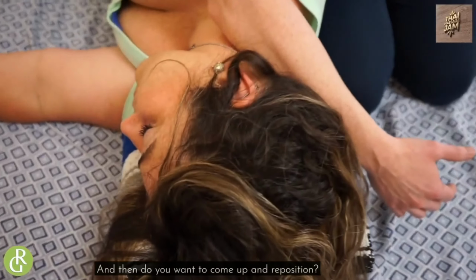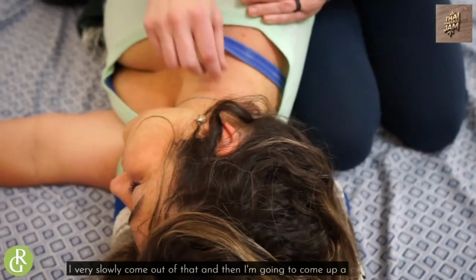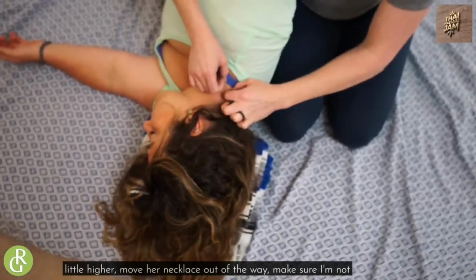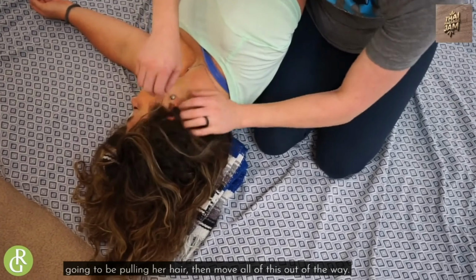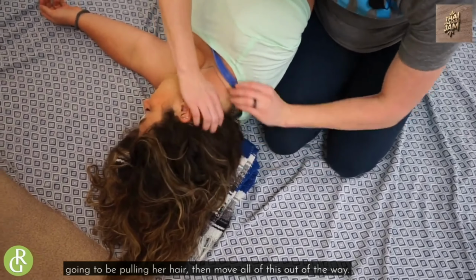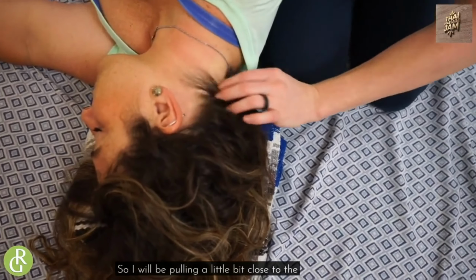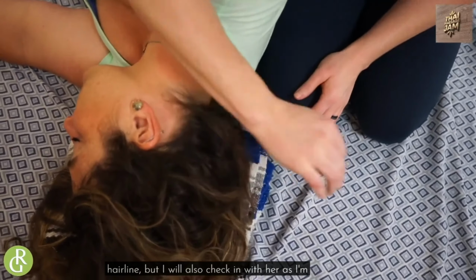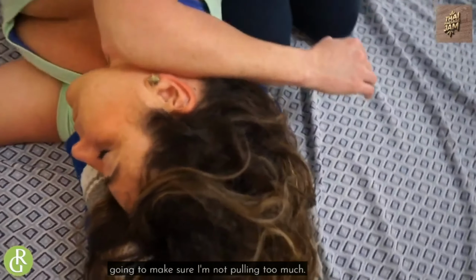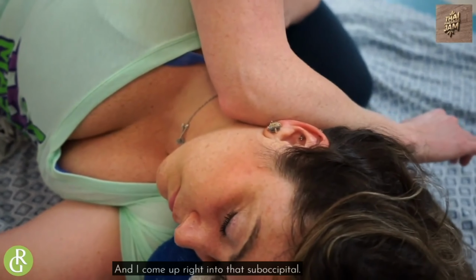And then if you want to come up and reposition, I very slowly come out of that. Then I'm going to come up a little higher, move her necklace out of the way, and make sure I'm not going to be pulling her hair. So move all of this out of the way. I am going to be coming right in here, so I will be pulling a little bit close to the hairline, but I will also check in with her to make sure I'm not pulling too much. And I come up right into that suboccipital,